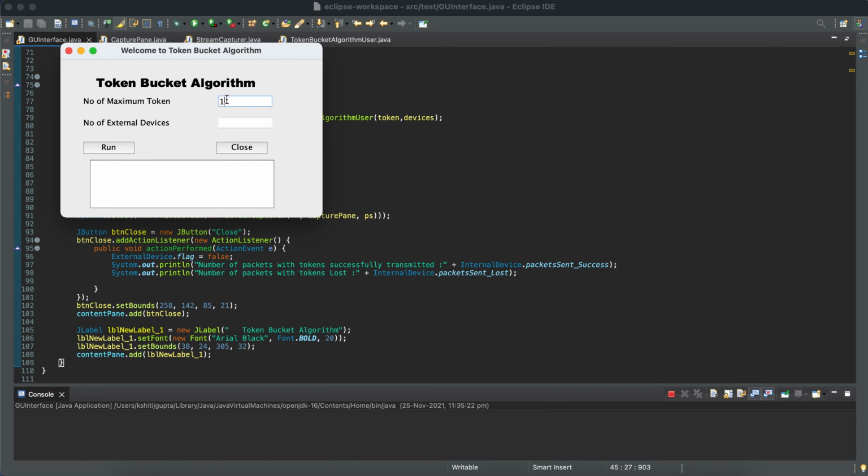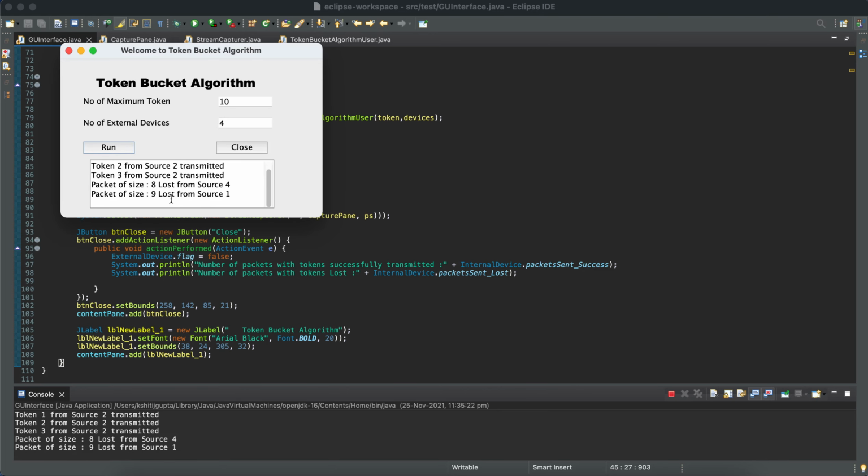So let's suppose we enter number of maximum tokens 10 and number of external devices to be 4, and then we press run. As you can see, we are getting an output like token 12 from source 3 transmitted. Now when we press the close button, it shows us the number of packets which were successfully transmitted. In this particular case it was 28, and the number of packets which were lost along the way were 8.